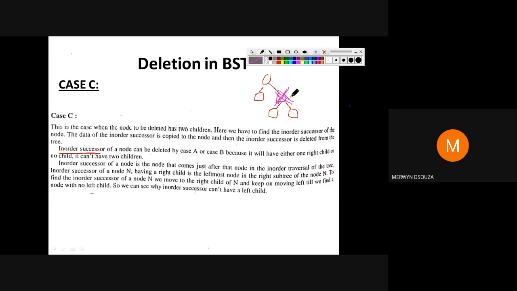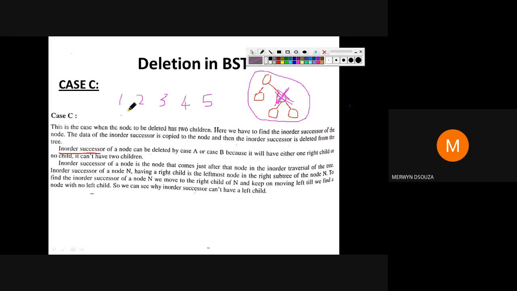Your first step in case C will be to find the in order traversal of this tree. This tree is given to you, so find the in order traversal. Just for example, I am writing here some numbers. Suppose you find the in order traversal like this.